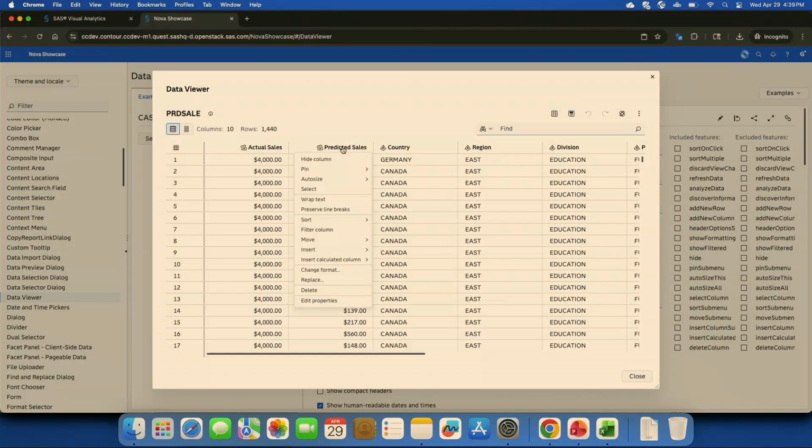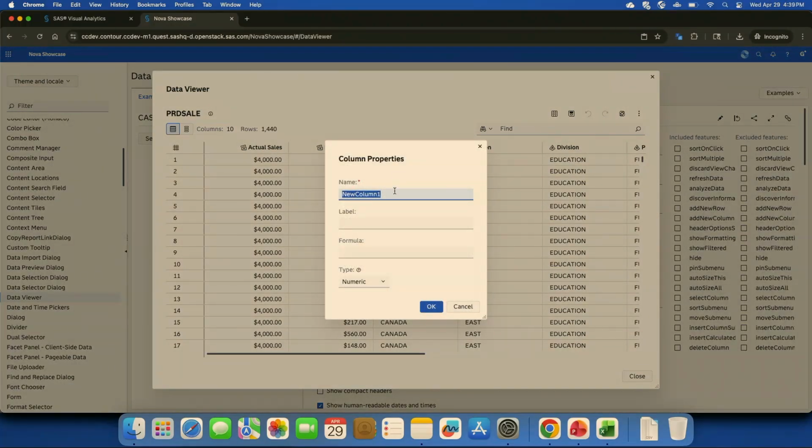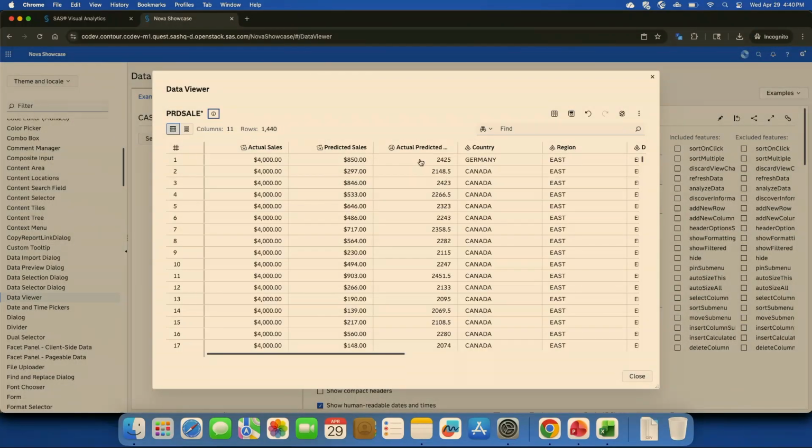I'm going to create a new calculated column to the right here, and I'm going to call that actual predicted average. And I'm going to give it a formula here: actual plus predict 2. And so I've just created a new calculated column here. That's the average of those.